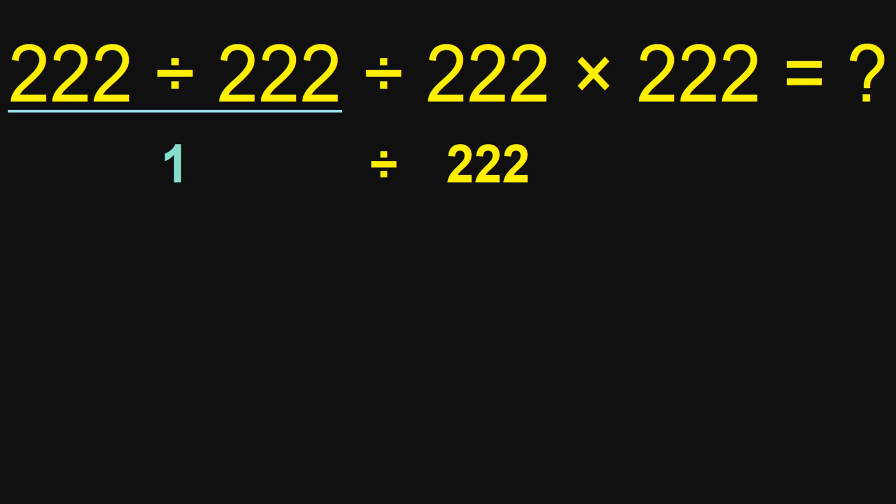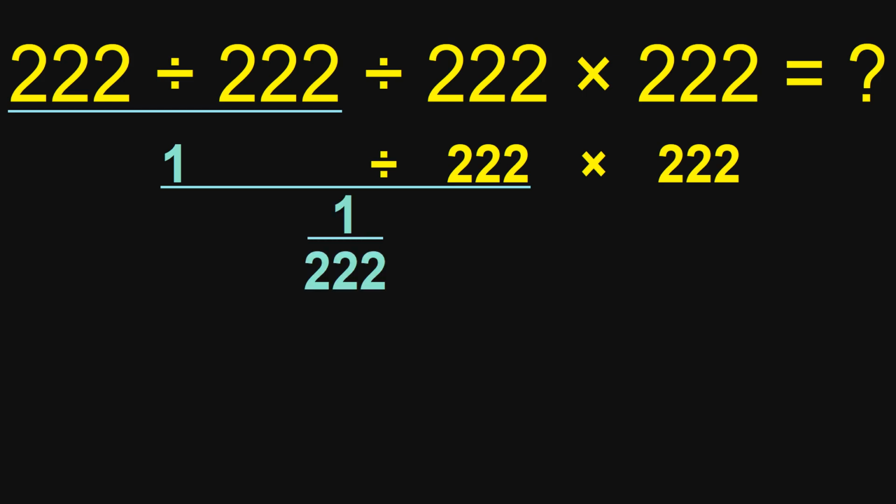222 times 222. So we have to work from left to right. 1 divided by 222, which can be written as 1 over 222 times